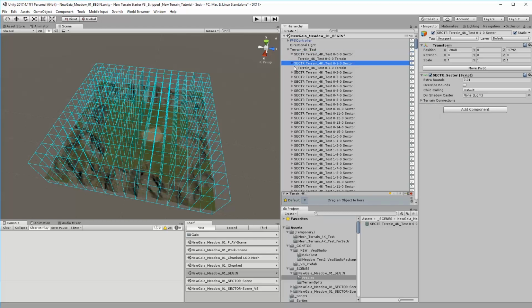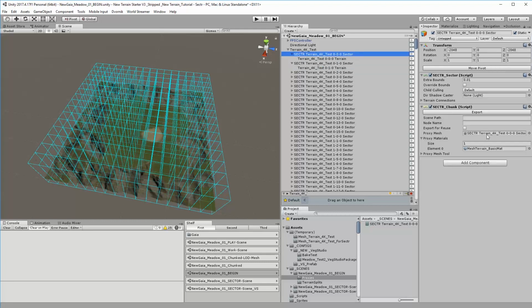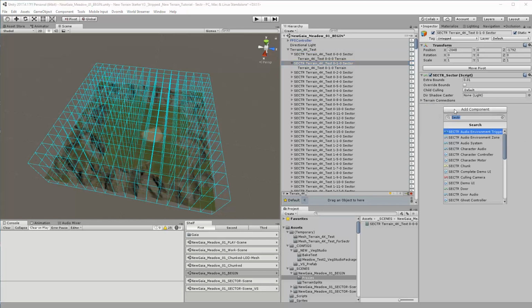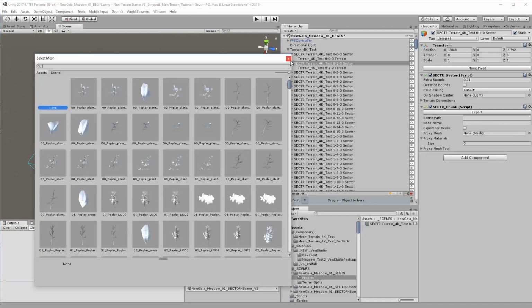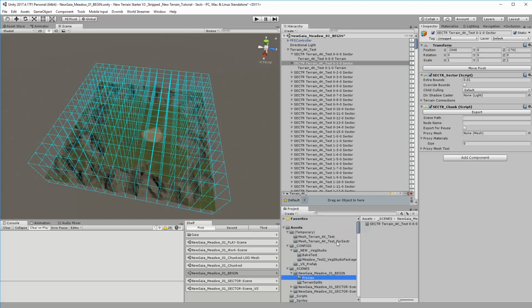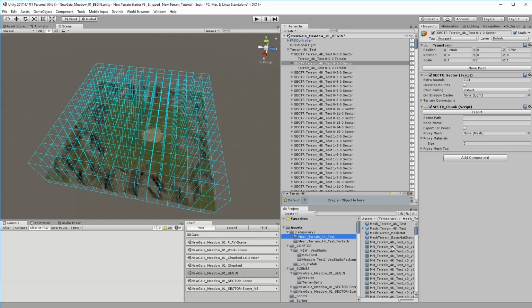I guess another option might be if you've already got your tiles. As I showed you, I actually already have tiles. I didn't need SECTR to make me these tiles. I can just say add a chunk, find the mesh. It's actually going to be easier for me to find it probably in here because I know where mesh materializers left them. So it would be this one, drag that in. How many materials? One. Find the material that I'm using, which was this one, basics. Possibly an easier, quicker way of doing it, but